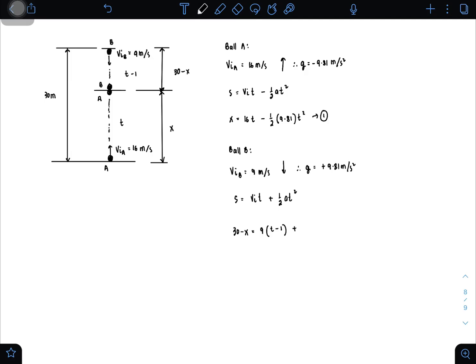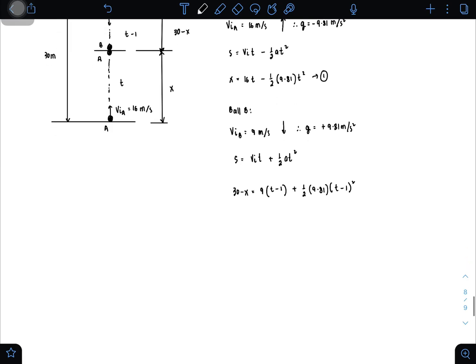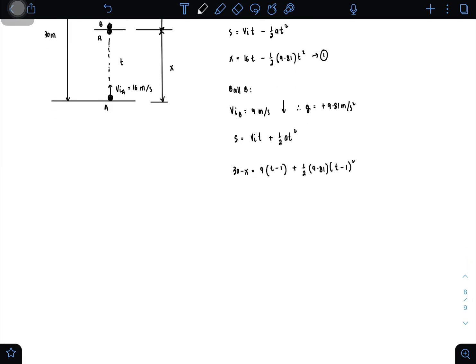And then plus 1/2 of the acceleration, which is 9.81. You multiply that with the time minus 1, squared. So we're going to simplify this, and we're going to have positive x. We're going to transpose this to the other side. It would still become positive. Okay, we have removed the negative for that. So that's 30, and instead of writing positive 9, then it must be negative, no? Because our x is initially negative. So 9